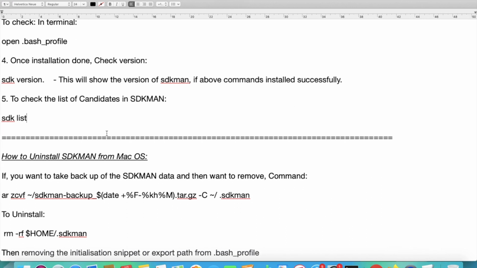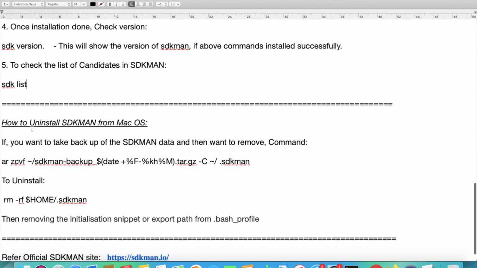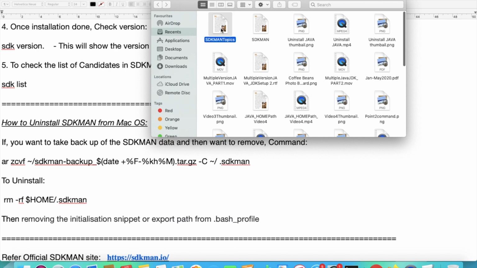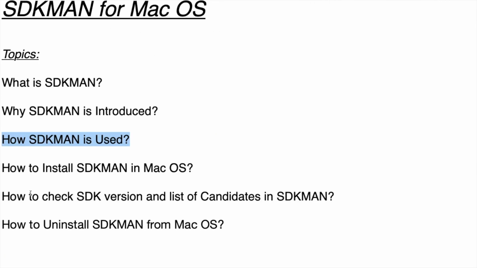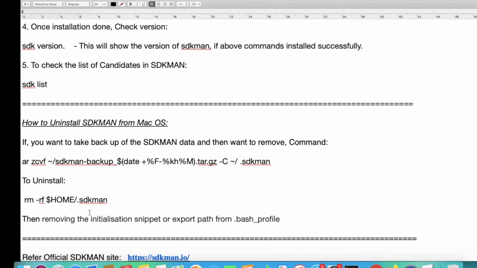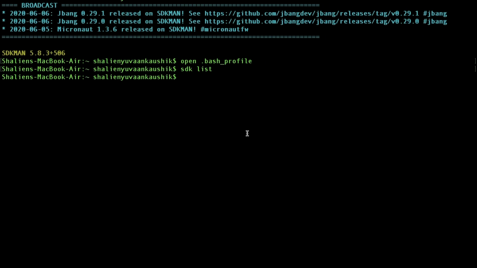So next, I'm done with this point, how to check this also done. One more thing I wanted to show you, which I'm going to show you in next videos, is how we can check the different development kit versions.